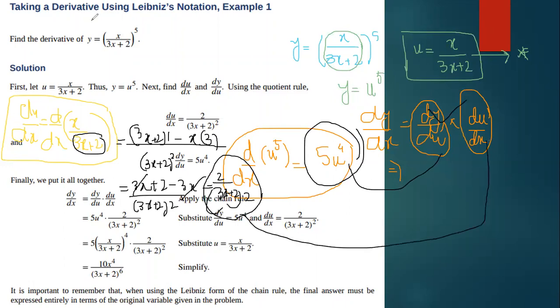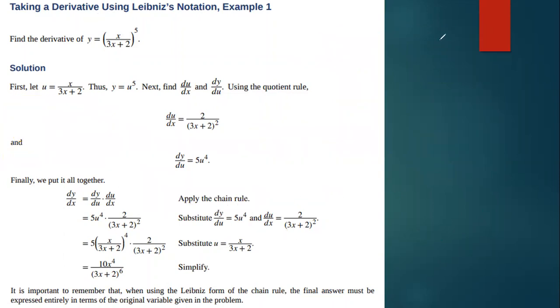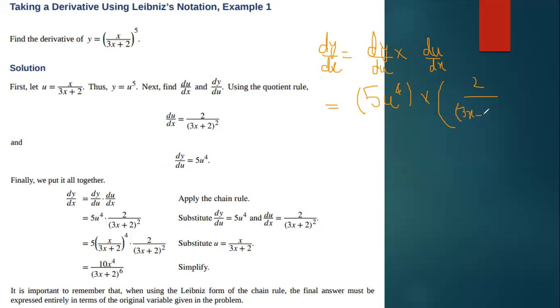अब मैंने इसको compute करना है अपना formula. Okay, again मैं अपना formula लिखता हूँ. My formula is dy upon dx, which will be equals to dy upon du multiplied by du upon dx. So it will be written as dy upon du की वैल्यू मेरे पास थी 5 u4 with the du upon dx as 2 upon 3x plus 2 whole square,